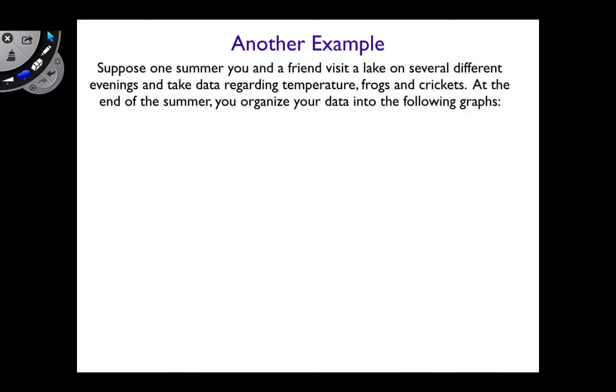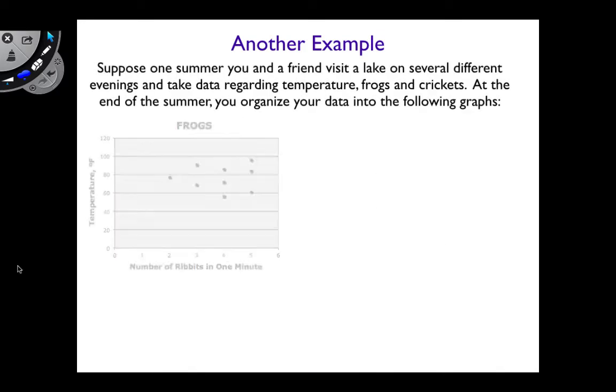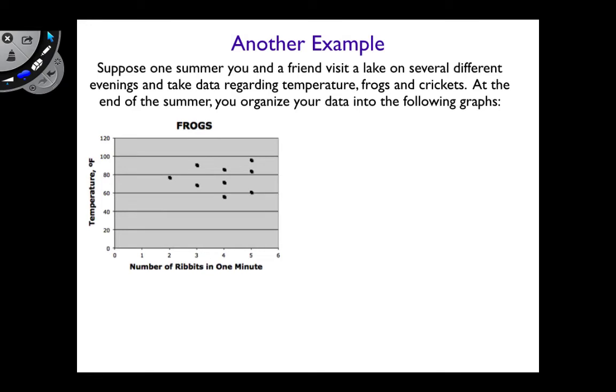So let's take a look at data that we have, graphed data. In this situation, one summer you and a friend visit a lake, measuring frogs and crickets and stuff. That sounds like a really weird thing, but I had a roommate in college who was a natural resources major, and she had a summer job laying on a hill and counting the different numbers of species of birds that were flying over. There's a lot of weird jobs out there. So this could be somebody's summer hobby,